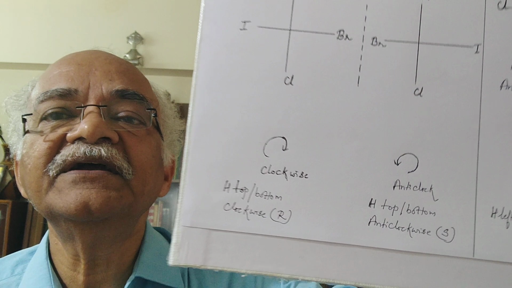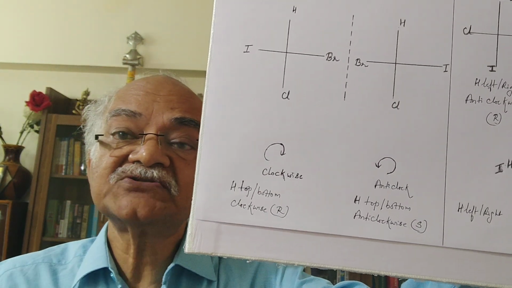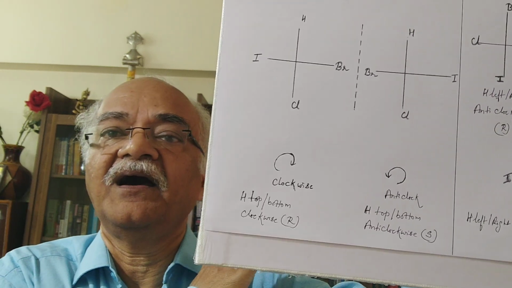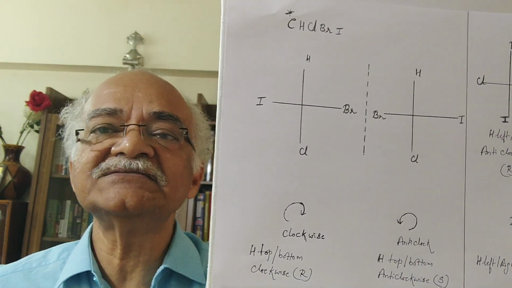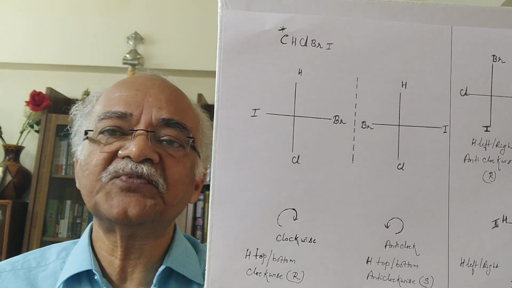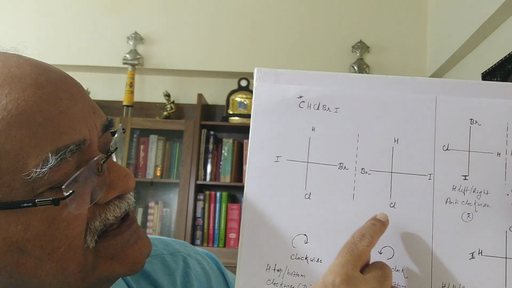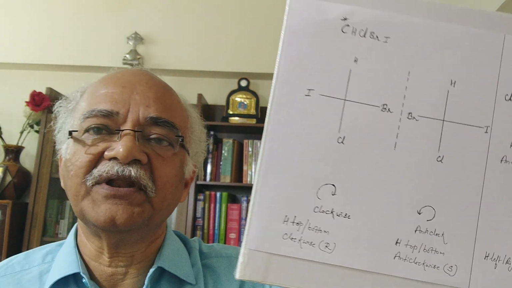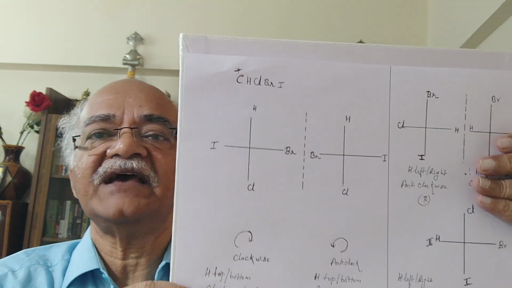So what have I written here? For you to remember: hydrogen away from the viewer, if the direction of the eyesight is clockwise, that molecule has the surname R. And the mirror image, if you watch out, must invariably be an S molecule. Again, hydrogen is coming top or bottom, it doesn't make a difference. Again, allow your eyesight to proceed from maximum priority to least priority. Here, this is my iodine, then it moves like this to bromine, and it comes back to chlorine. So this is anti-clockwise. Hydrogen away, anti-clockwise is an S molecule.